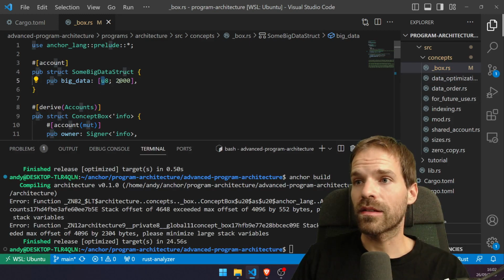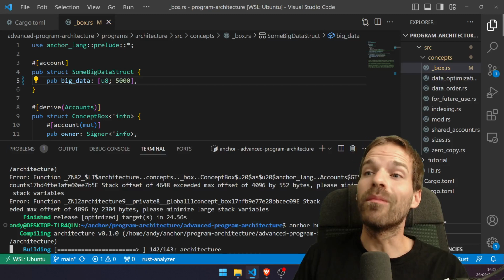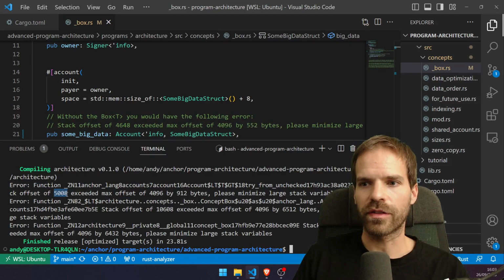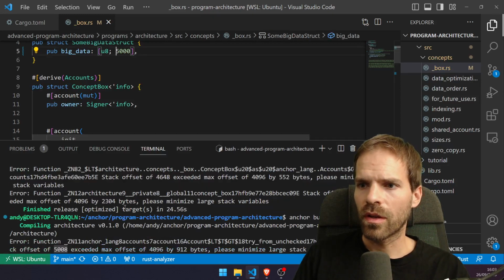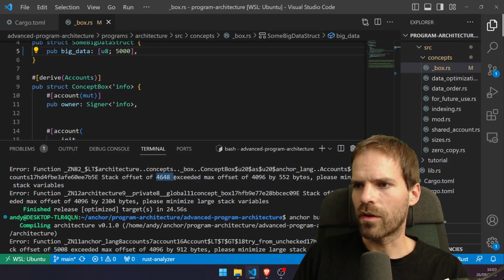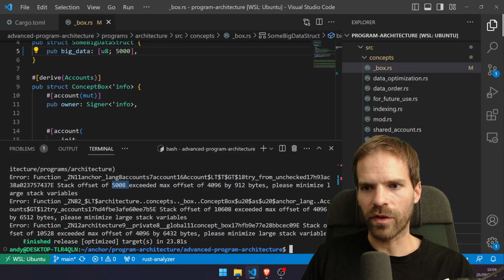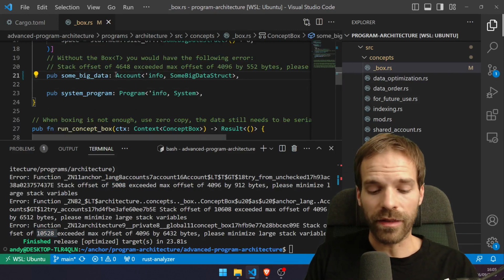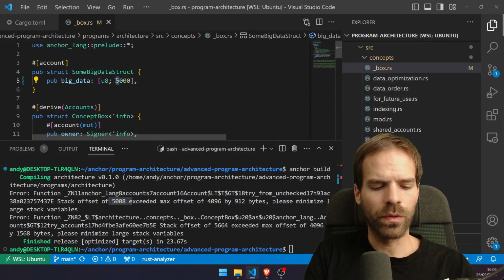Even with 2000 U8s, let's say if I had 5000 here, I would be off by even more, offset of 5000 something. Weirdly, if I'm back to 2000, there are more. So here it exceeds, and then here it exceeds again. First time with the 5000, and then with 10,000. And if I add the box again, I still get an error that will exceed, but with 2000 we did